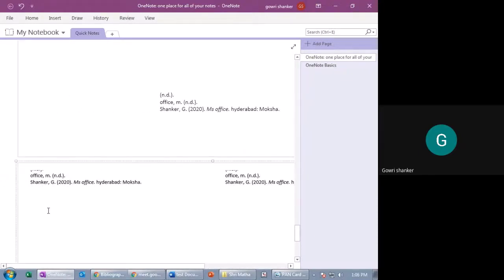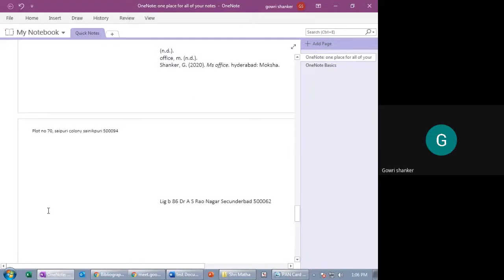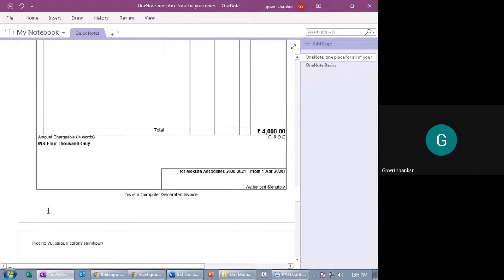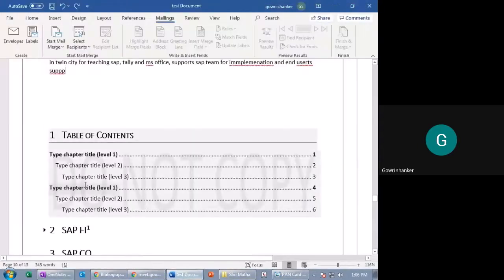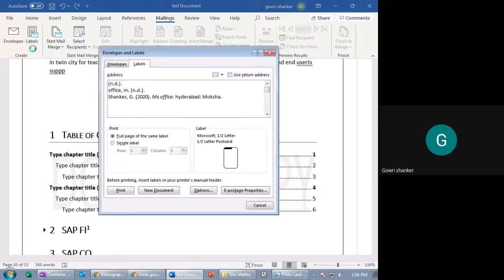So what you can do, for example, you want to send to multiple names. For example, you have 100 people's addresses you are inviting for your wedding or for your Gopravesh or for your college function. You can use this label option to mention their addresses here. Full page labels. And this is envelope.